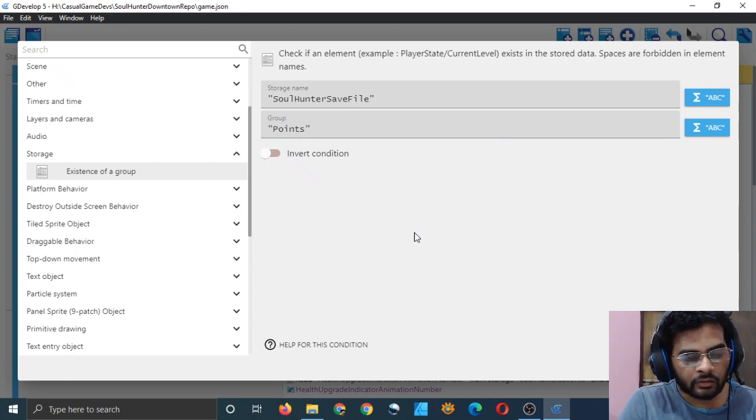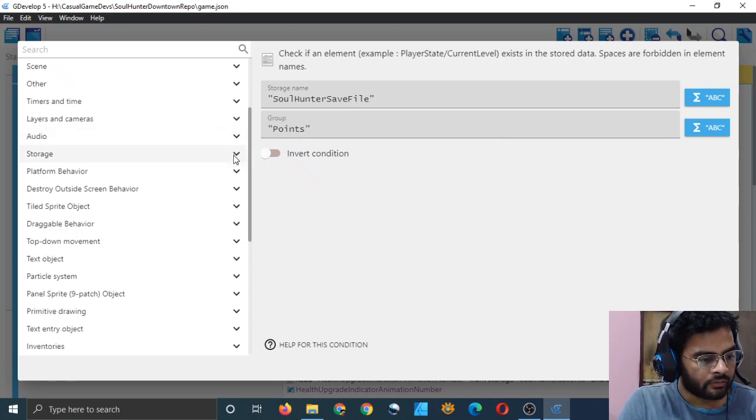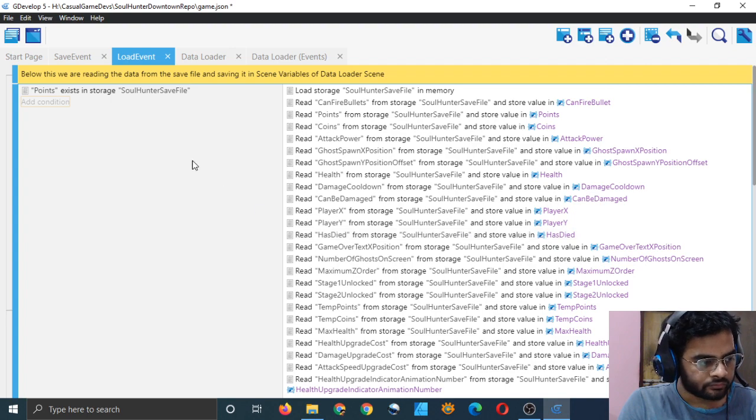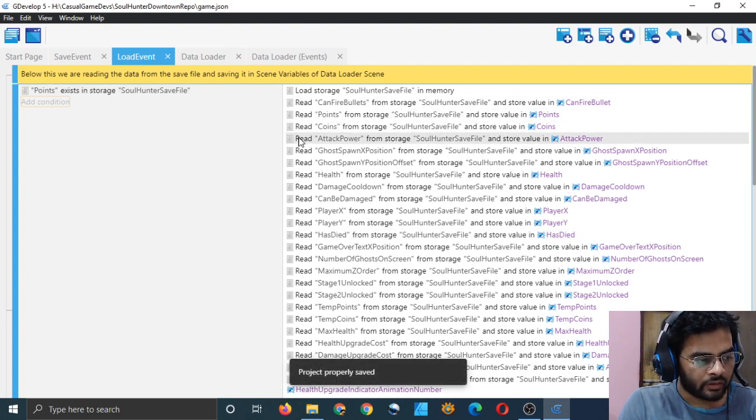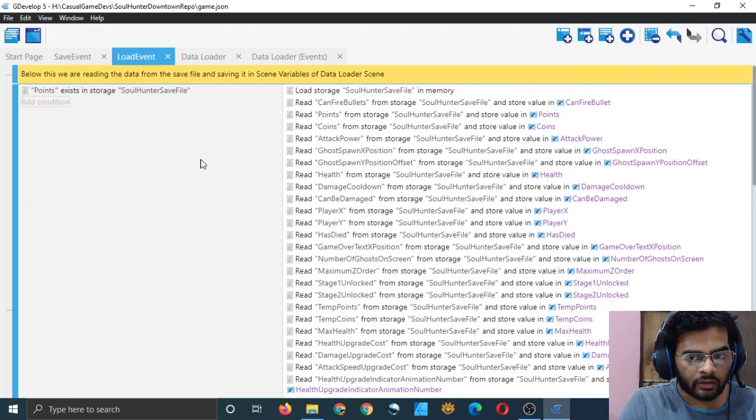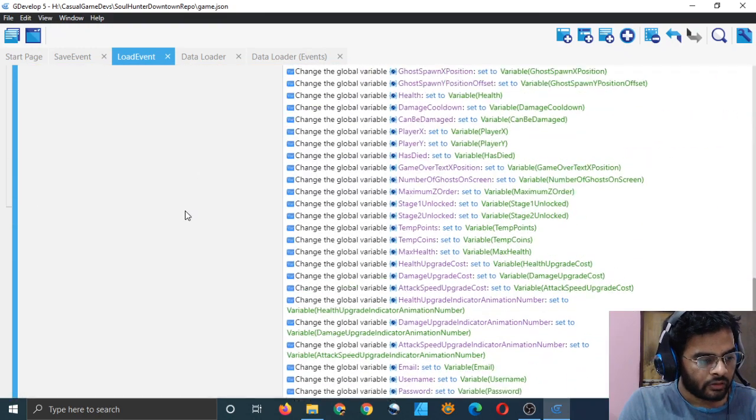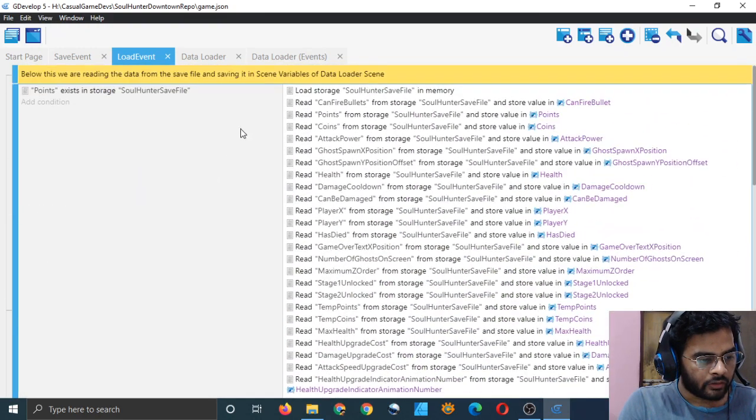I mean, ideally, if points is present or any one of the variables is present, then everything is present because we are saving everything all the time. So just click on OK. If points exist, then it means that the save file exists, right? And after this event, this will happen.